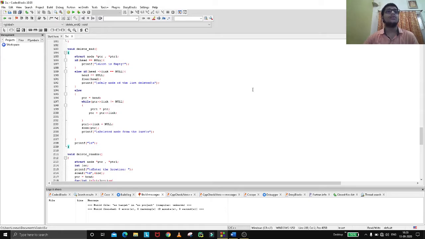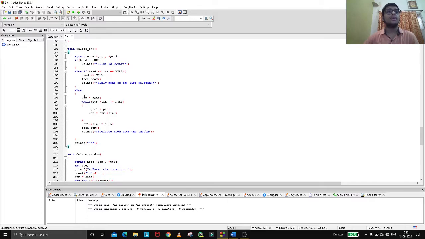Now free head, so basically the only node of the list is deleted. If that is the only node in the list, it will be deleted by this statement: head of link equal to null, head equal to null, free head.